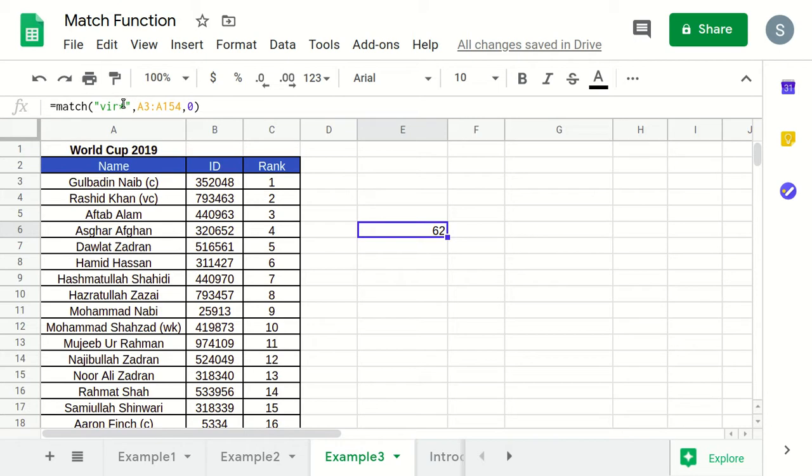And this is also true with the VLOOKUP function. So in the VLOOKUP function also, it was the lookup value. So if you don't remember exactly what the lookup value is, you can always do it like this and add the symbol, and then it will give you the thing that you're looking for using the VLOOKUP function.